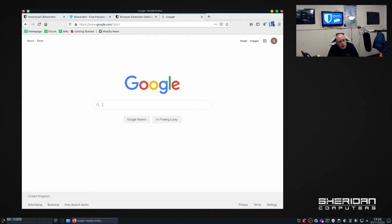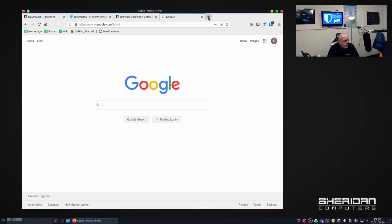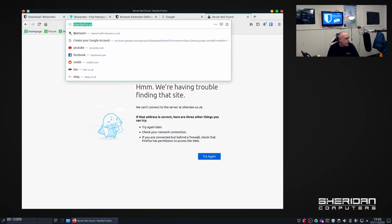Now you'll notice it has a little 1 across the top of it. Now I mentioned that password managers can help against phishing attacks, and this is what I mean. So this is showing a 1. It's showing that basically we've got one item saved for this URL. So if I go to a different website, if I go into my own, for example,